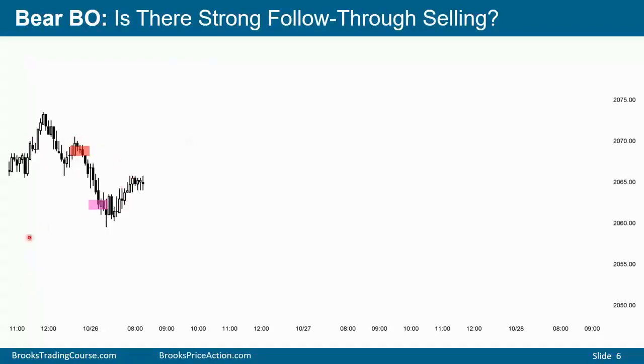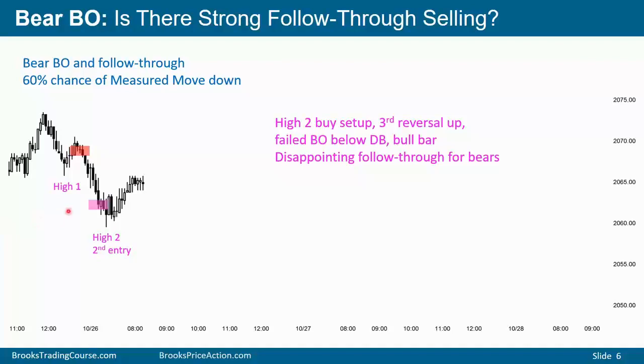If you sold here, this is what you got afterwards. But a very tight channel. Even though it's two legs down, it's still a very tight channel. So this reversal is probably minor. The bulls are hoping it's two legs down and what will become a trading range or a bull trend.